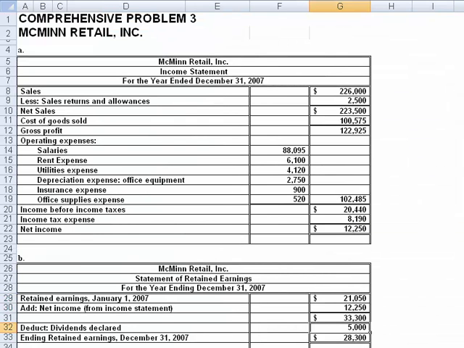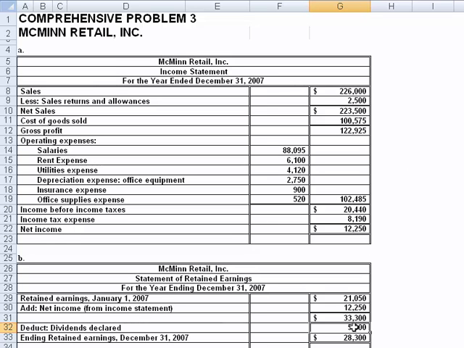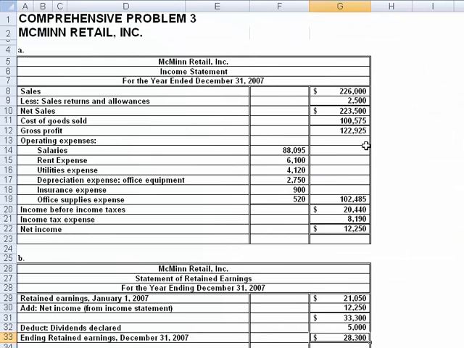Did we have any dividends? Well, we had dividends declared of 5,000, and there they appear. Dividends appear as a contra equity account. So we get that amount and drop it in. And we can close both of those off to retained earnings. So retained earnings essentially is the beginning amount plus the net income less the dividends declared, and we see that on this financial statement. Okay, so once we have that done, I'll switch to the balance sheet,